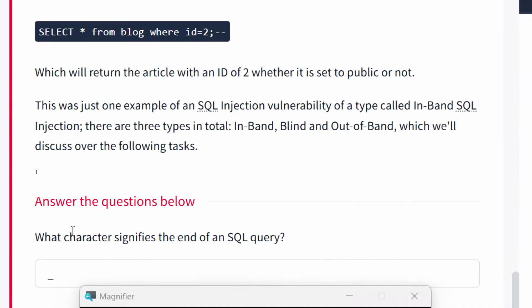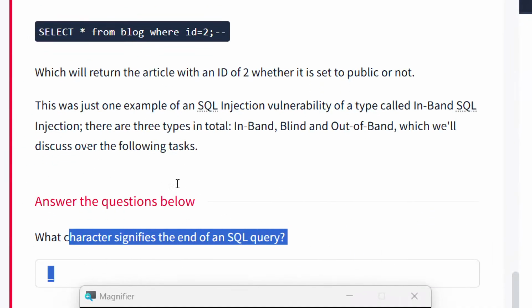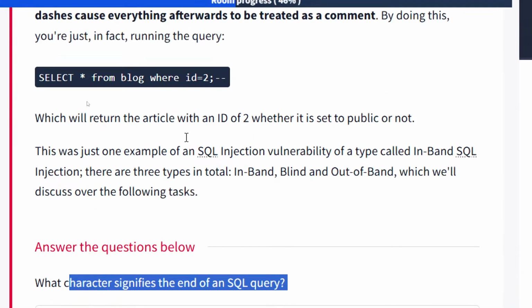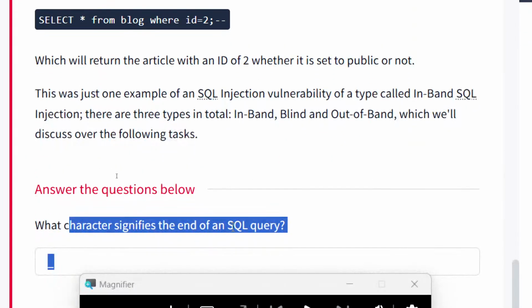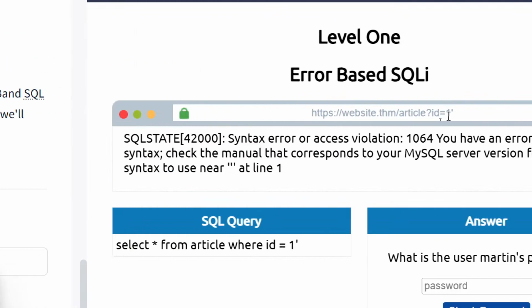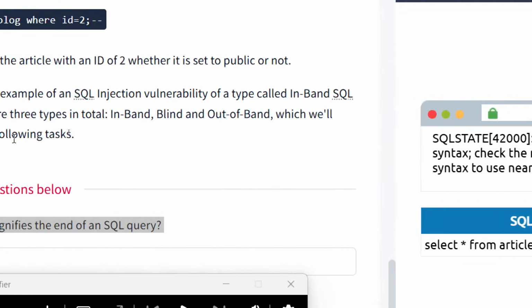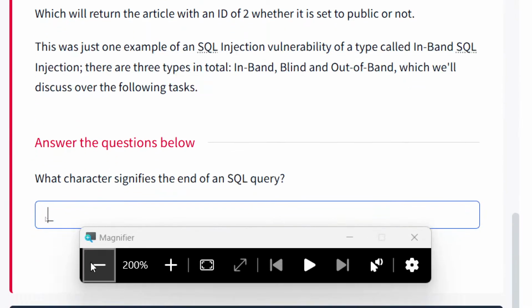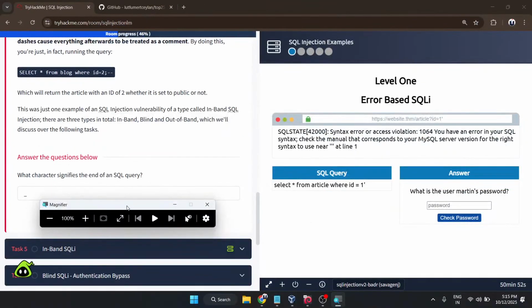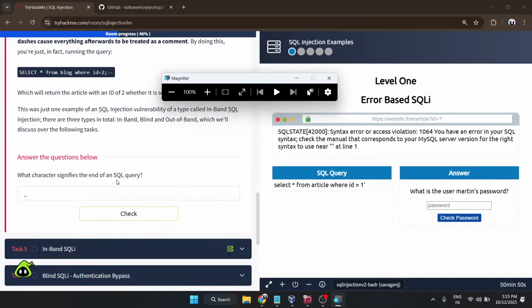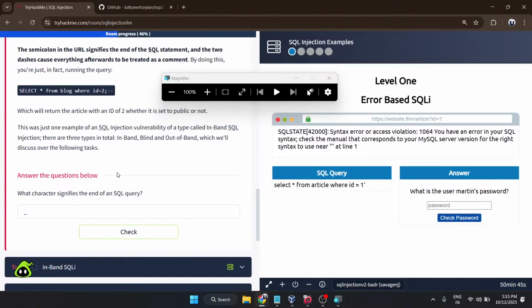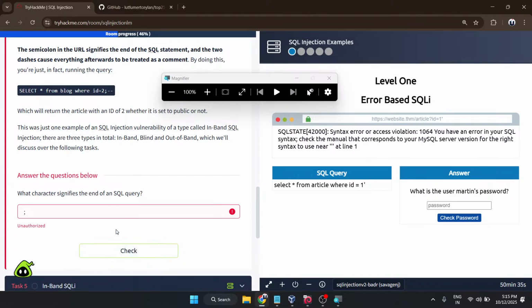Okay, so what character signifies the end of the SQL query? This is a very easy question. Tell me, guys, what signifies the end of a SQL query? In the last class, we studied many queries, select query, union query. But at the end of every query, yes, Pavani, you're correct. We just have to input semicolon and then